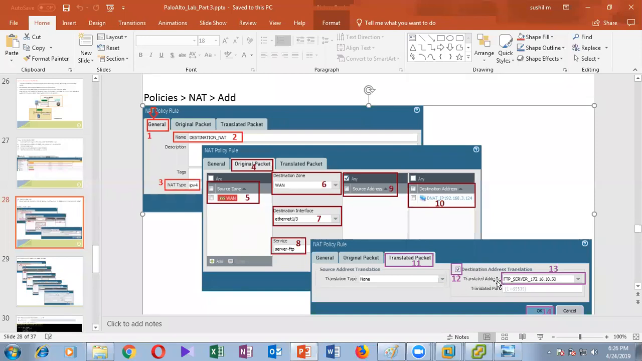It looks like translated address means you would give a translated IP address, but actually here you are giving the real IP for whom you are doing the translation. You understood? Okay. After that, we'll be creating a